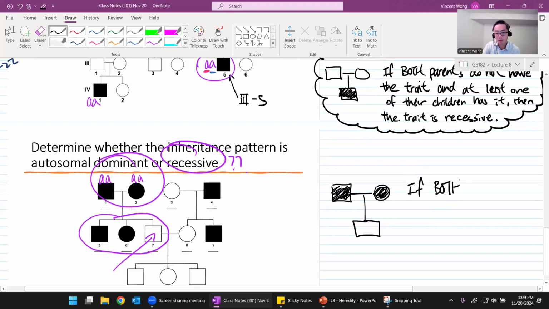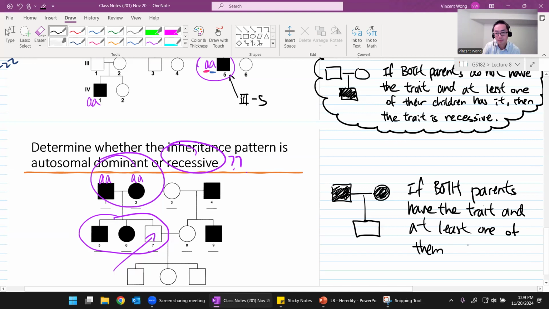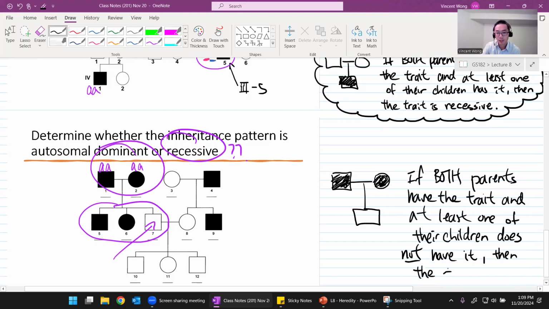So if both parents have the trait and at least one of their children does not have it, then the trait is dominant. Okay, I have to emphasize,